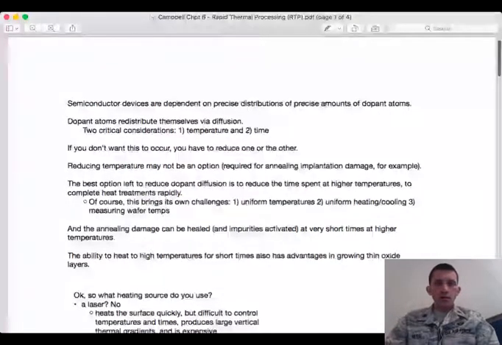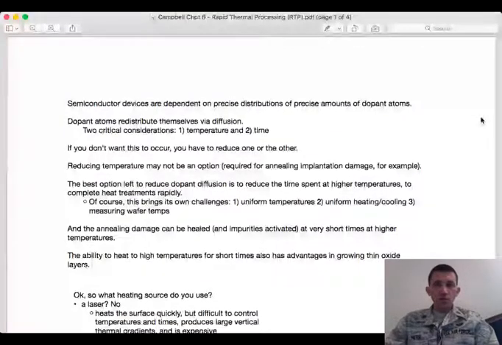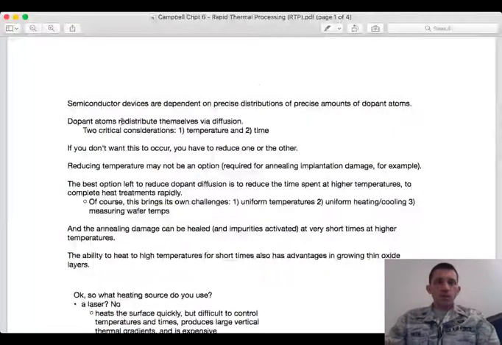Okay, so rapid thermal processing. What are we talking about? Well, the name kind of gives it away, right? We are doing a thermal processing step, right? And we're doing it quickly. Why do we need to do it quickly? Well,